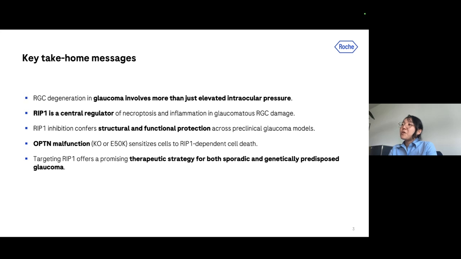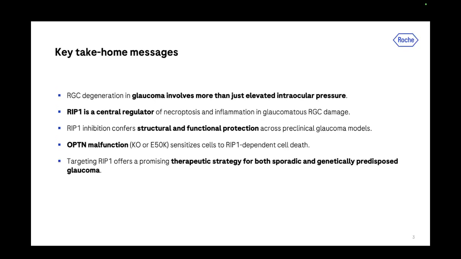Before we really start with the data, let me briefly highlight what I hope you will take away from today's session. First, we will reframe glaucoma as a disease that goes beyond intraocular pressure, involving neuroinflammatory mechanisms. Second, I will introduce RIP1 as a central regulator of necroptosis and inflammation in RGC degeneration, especially in preclinical glaucoma models. Third, I will examine how RIP1 inhibition protects RGCs structurally and functionally in both injury-based and genetically predisposed